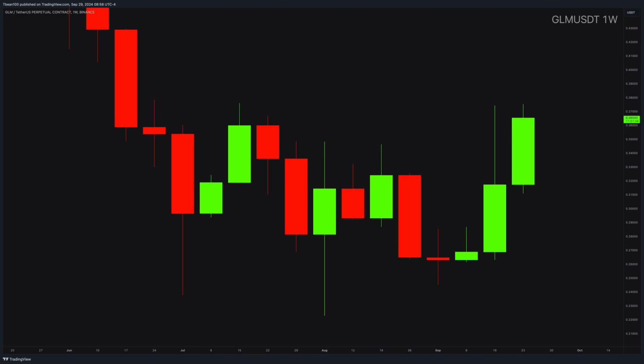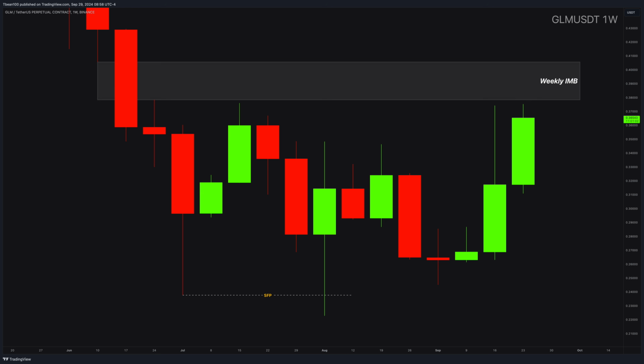Let's take a look at one of the top gainer coins today, GLM. This coin was really interesting and extremely educational to learn the risk management. As usual, let us start from the weekly charts and do a full top-down analysis. In the weekly chart, you can notice the mega swing failure pattern at the bottom and this large imbalance area